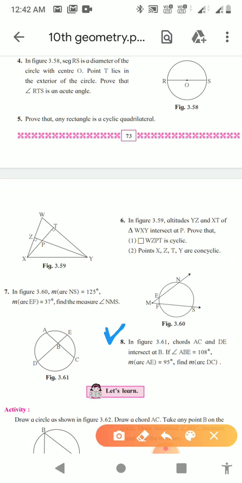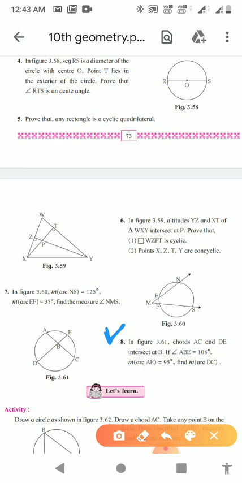Let me clarify first. In order to solve each and every question, or if you want to get full marks from this chapter, what we have to do is solve the questions stepwise. I will suggest you daily just study 2 theorems and solve the problems on those theorems, and for the rest of the day you need not do even theorem number 3. If you study in such a way, you will get full marks from this chapter.